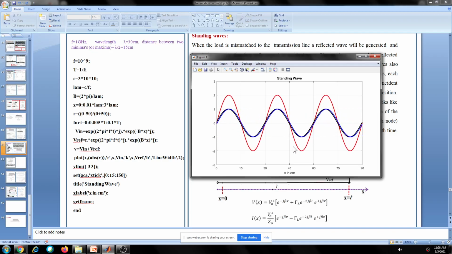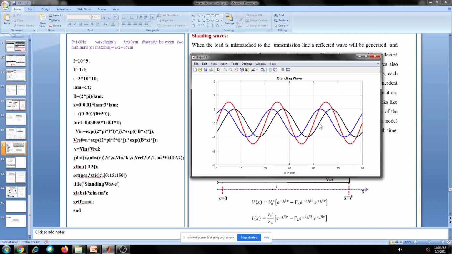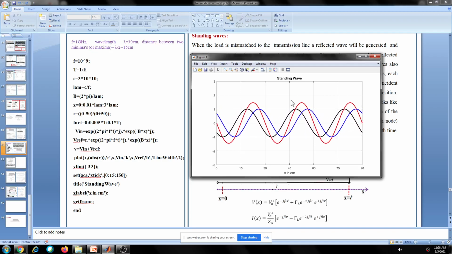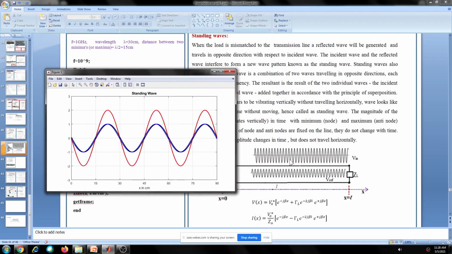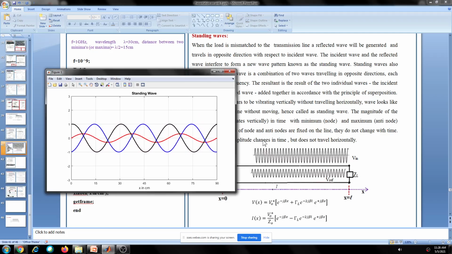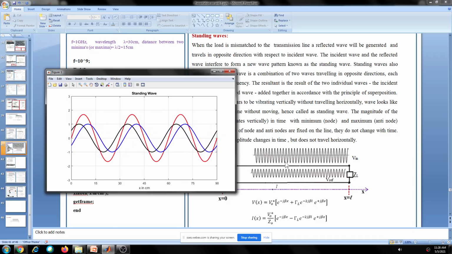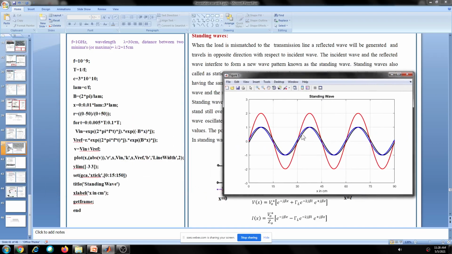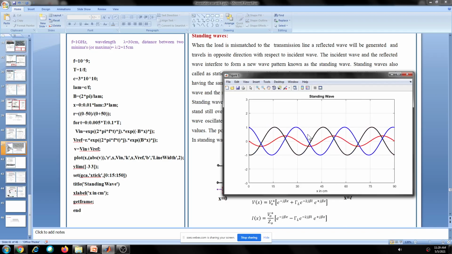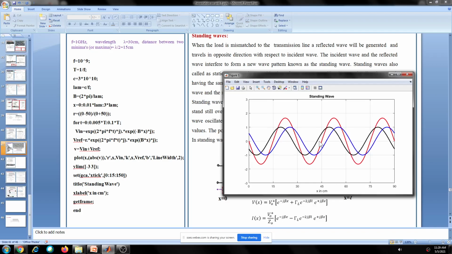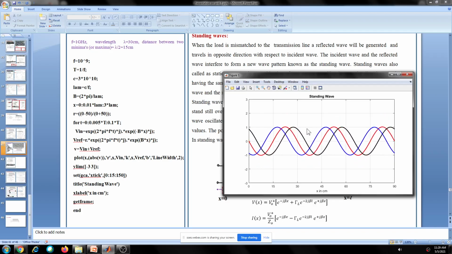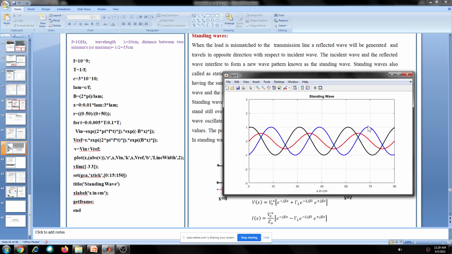Okay, so what happens here, if you consider two waves on the line, and they are moving in opposite directions with the same frequency, the resultant wave looks like it doesn't move either in the forward direction or backward direction. It looks like it stands still on the line. See like this, it looks like just a peak, it moves upward or downward like this. Okay, it doesn't move in the horizontal direction.